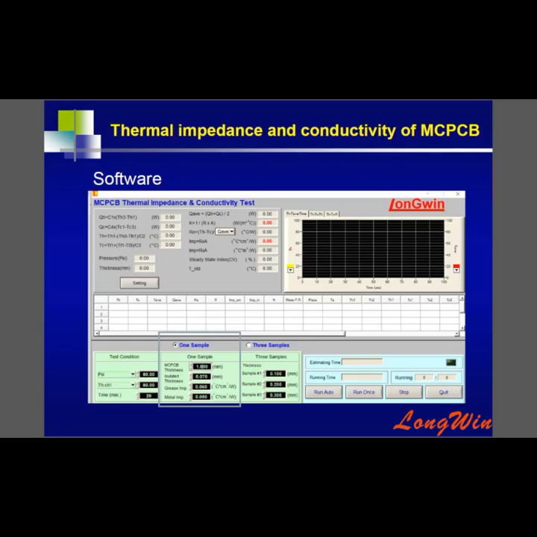Let's move on to the test page for MCPCB. So right here, you can see the highlight on the bottom of this page. You can key in the thickness of the board and the thickness of the insulated material or the insulation layer. And the third, you can type in the contact resistance from the thermal grease. And the fourth, that will be the thermal impedance from the metal layers, could be aluminum or copper. After we key in all these factors,